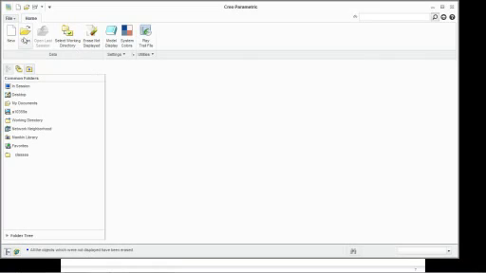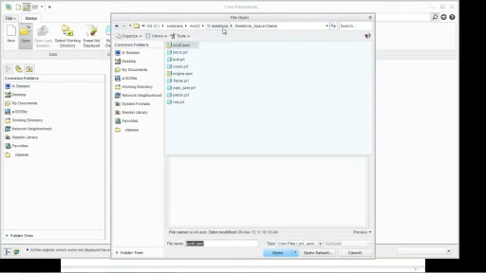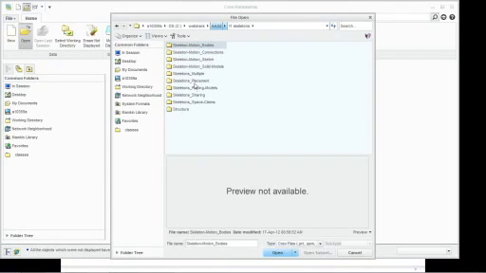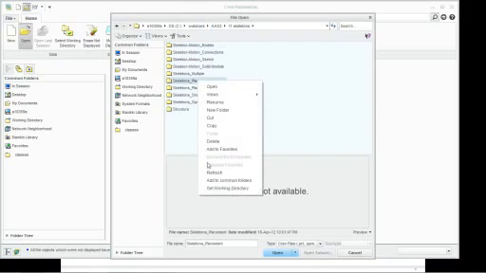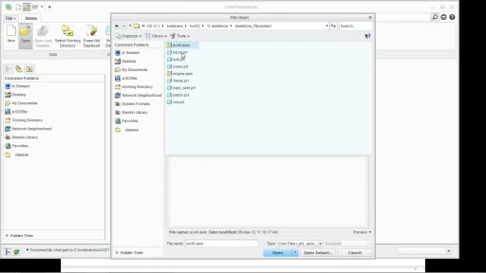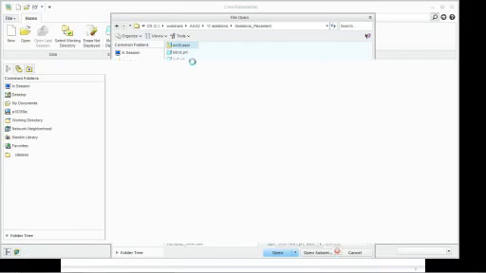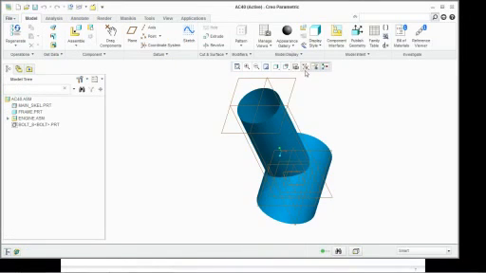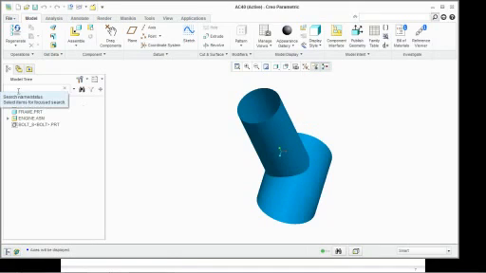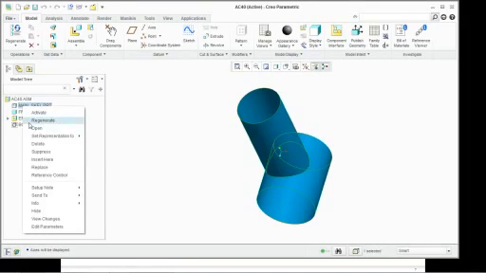Erase not displayed. Now we're going to open up skeletons, and we're going to say skeleton placement. Set that as our working directory. Open that up. Open AC40 again. And this time I'm going to turn off my planes, and I'm only going to turn on my axes. So I'm going to take my main skeleton part here. Notice it's the first one in the tree, and it does have its own unique icon there. We're going to open it,